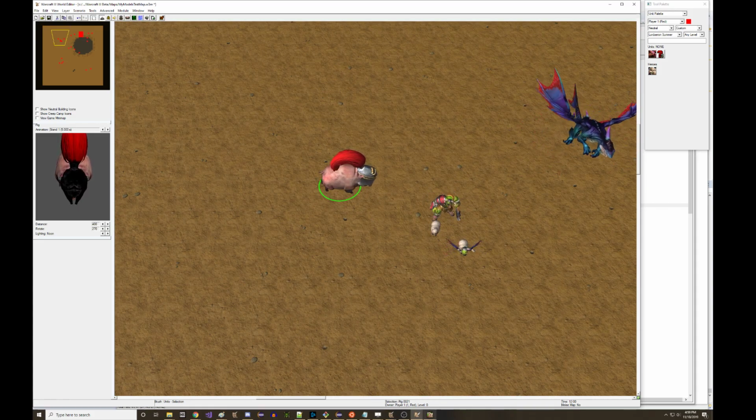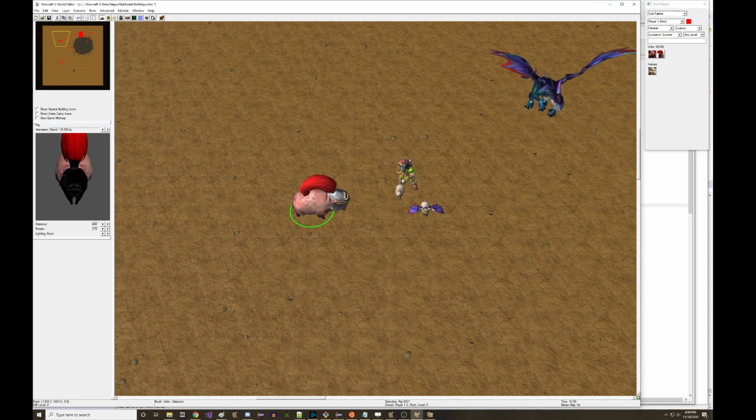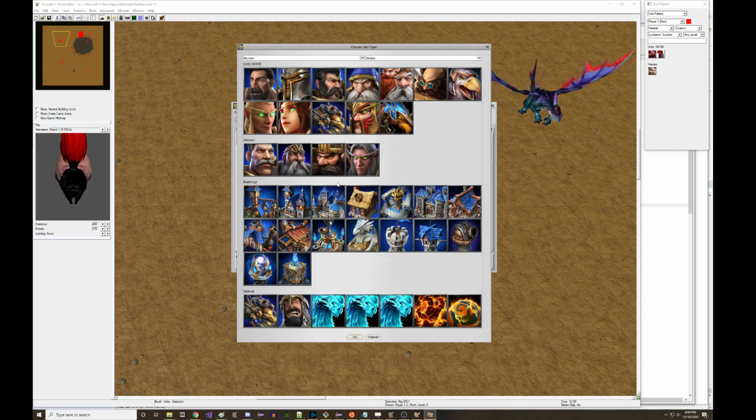And then somebody was saying, how do you put wings on him, right? It's like this grunt headed sheep. Here's the footman headed pig. How do you get the footman headed pig to have wings? And it's a little bit more challenging. It's a little bit more in-depth process, but you use this import menu that I've been using for years, and you just import some unit on there, right? So I could just say import unit, which is a little bit slow, but it gives you a list of all the units, and we could say,